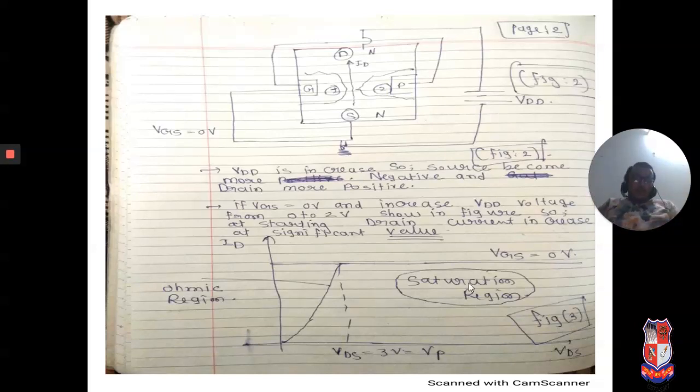It is known as the saturation region. For the purpose of an amplifier, it would operate in the saturation region. Why? Because in the saturation region, current is constant. That's why we would like to operate in the saturation region. Here it is known as the ohmic region. Ohmic region means what? If VDS equal to 0 volt and starting from that value of VDS, current can increase linearly. So it can act as a voltage variable resistance.